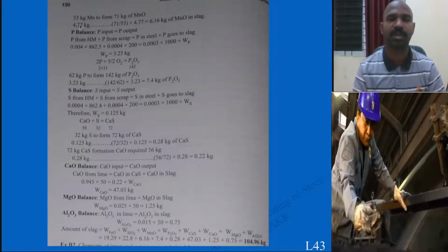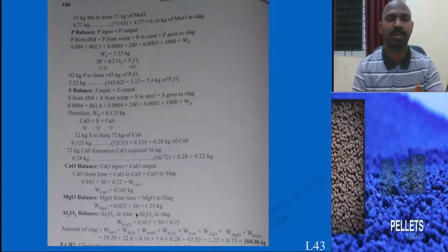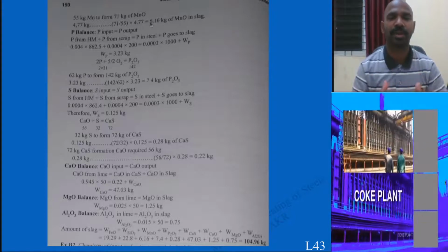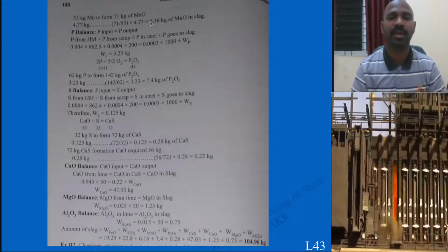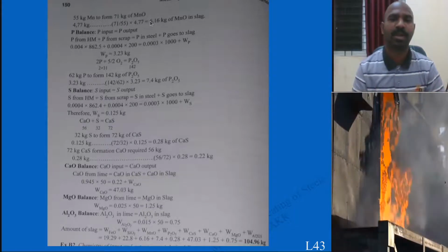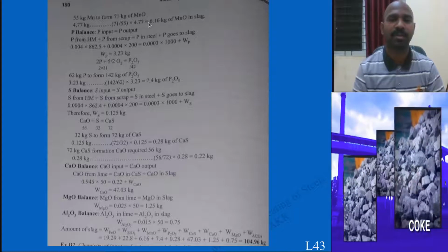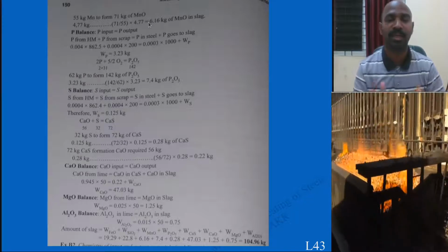And what about this 4.77 kg? For 4.77, how much MnO slag is going to form? Same principles you are going to apply. When you know one principle, you can apply it for all other slags. If it is asked, you are supposed to calculate this many slags. Otherwise, in most of the exams they will specify: calculate MnO slag percentage, calculate FeO, calculate SiO2. But for overall knowledge purposes, I am teaching all the slag calculations.